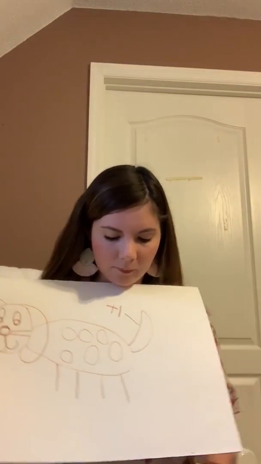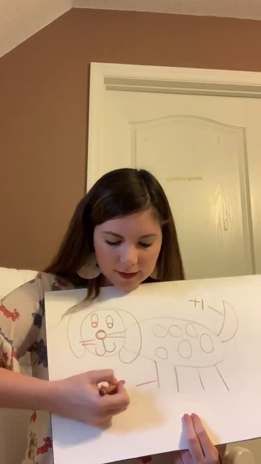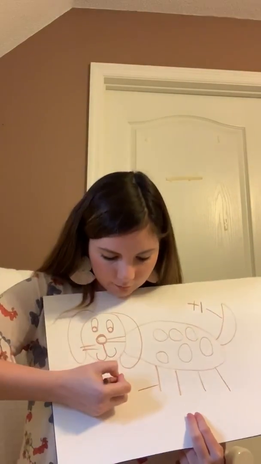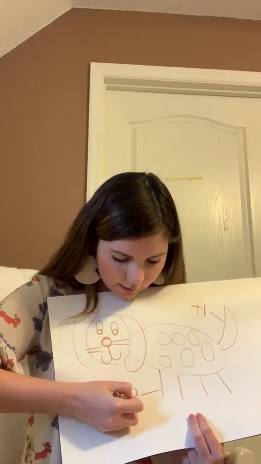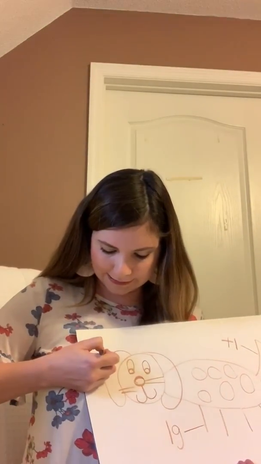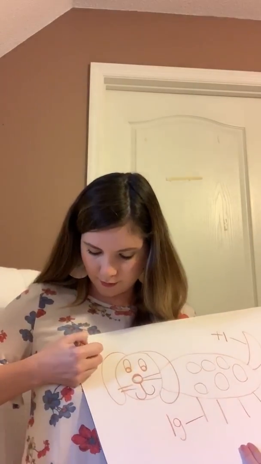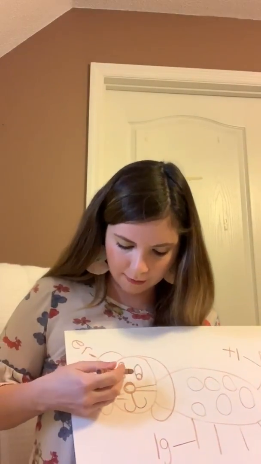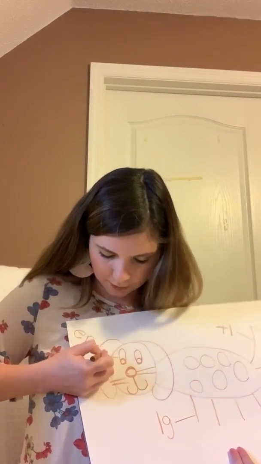Let's do leg. We're going to label just one leg, or you can label all your legs if you want to. I'm just going to label one. G, g, g. L and G. Leg. Now I'm going to do ear. E. Ear. Robot sound R. Ear. How about eye? Well, that's easy. What letter says I? I. And then we can do his